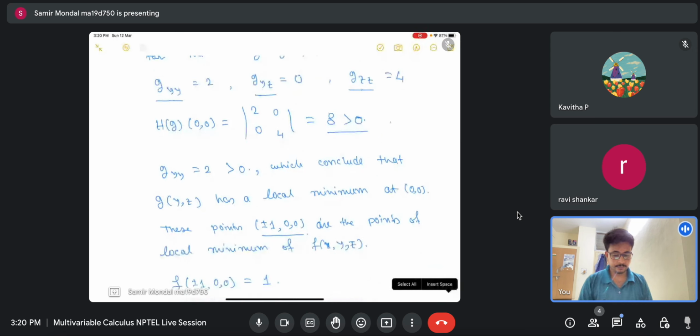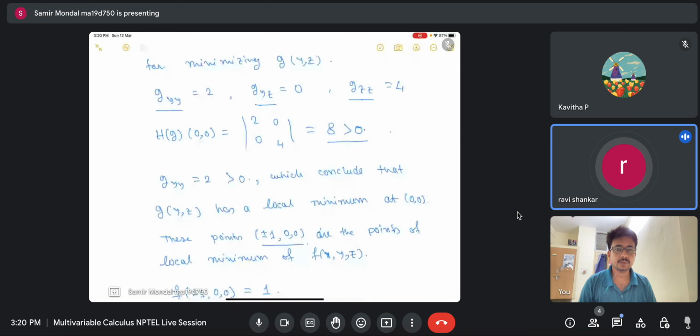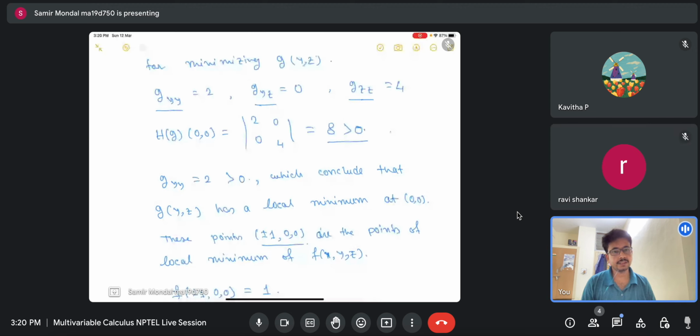Yes, sir. Then we'll go for the second. When the Hessian is positive, we'll go for the next round. If the Hessian is negative, then it is a saddle point. If it is 0, we can't conclude anything. If positive, then we have to go for